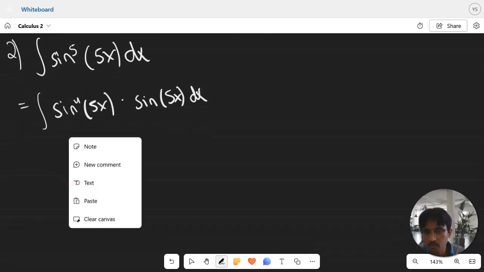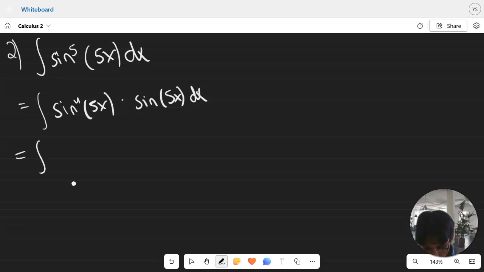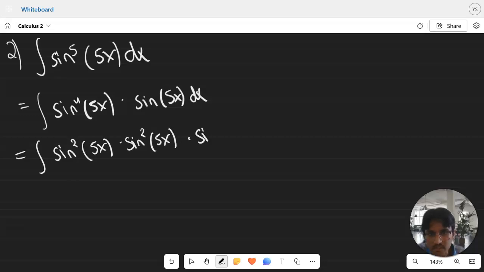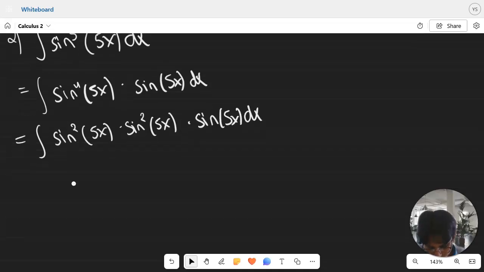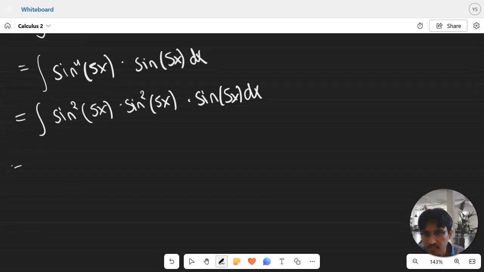Okay, with the next step, again, we're going to split it even more, because we want to get the even factors. Sine square of 5x times sine square of 5x. So don't forget, it's not just x, it's 5x, times sine of 5x dx. Now this is going to be equal to,